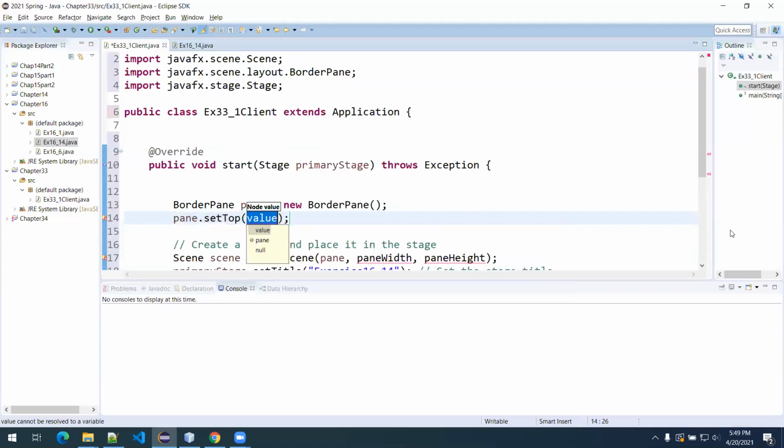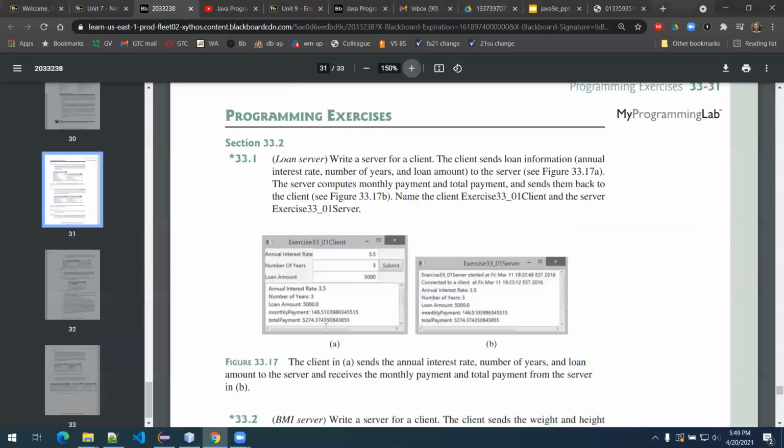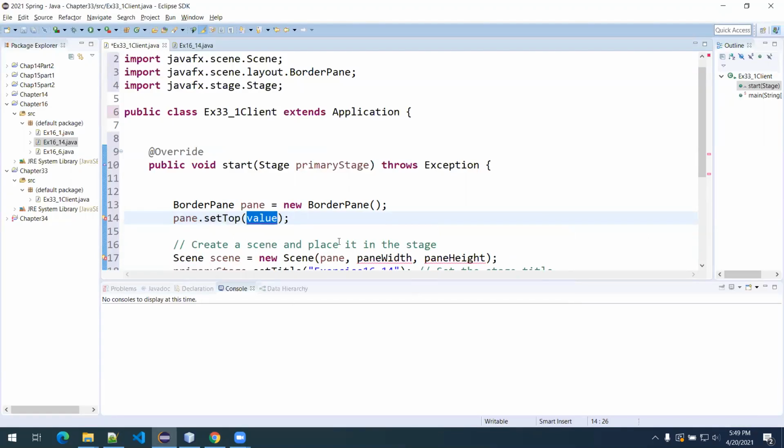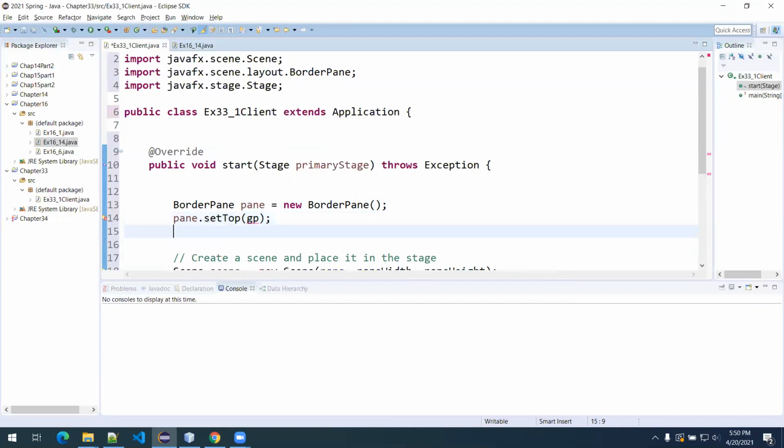and then I'm going to need to put something in there, and that's going to be the grid pane that holds all of this. So I'm just going to say GP for grid pane. I know it's going to underline and yell at me, but I will create that in a little bit. Then I will also set the center,